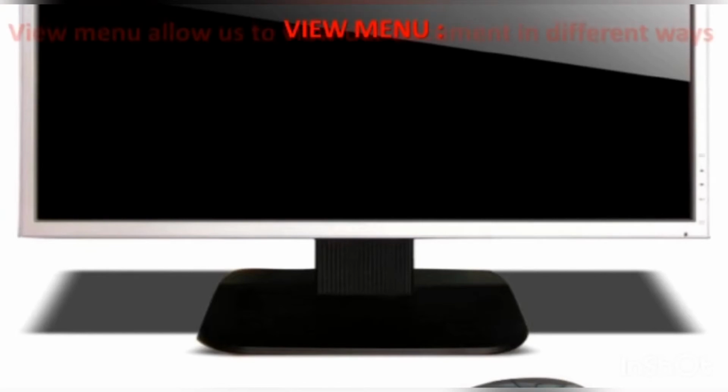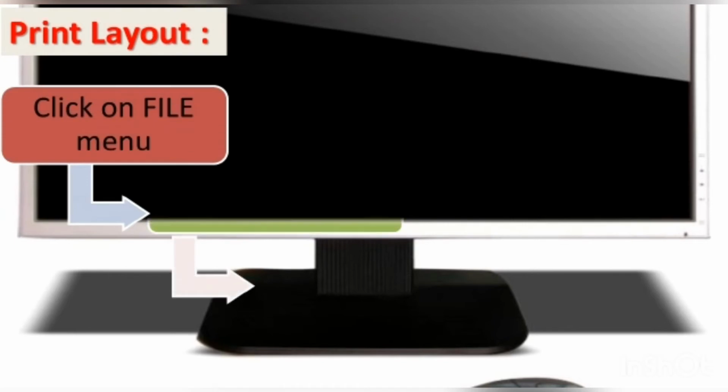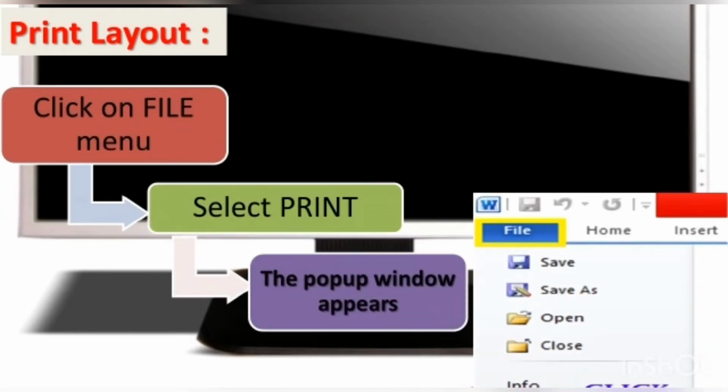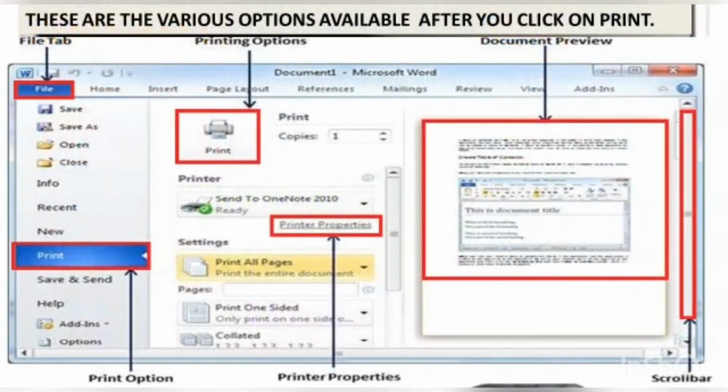View menu. This allows us to view our document in different ways. Print layout. For seeing the print layout, click on File menu, select Print. The pop-up window appears. These are the various options that are available after you click on Print.